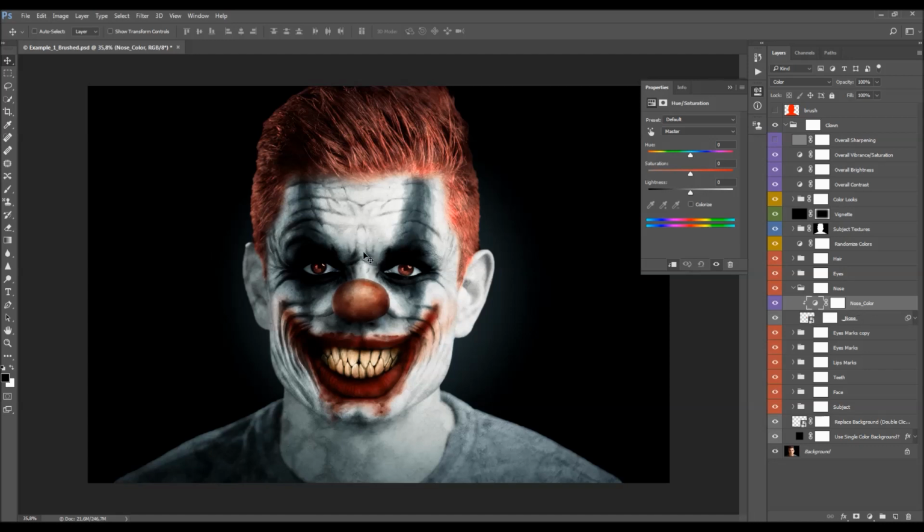Sometimes what might happen is that you got some details over the nose, and they usually come from the eyes layer. So we're just going to go to the eyes layer right now, so I'm going to show you. But before that,